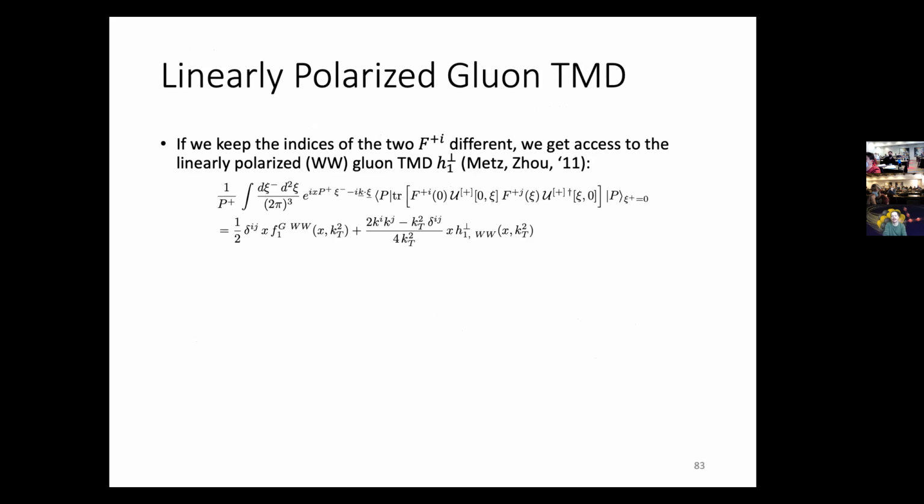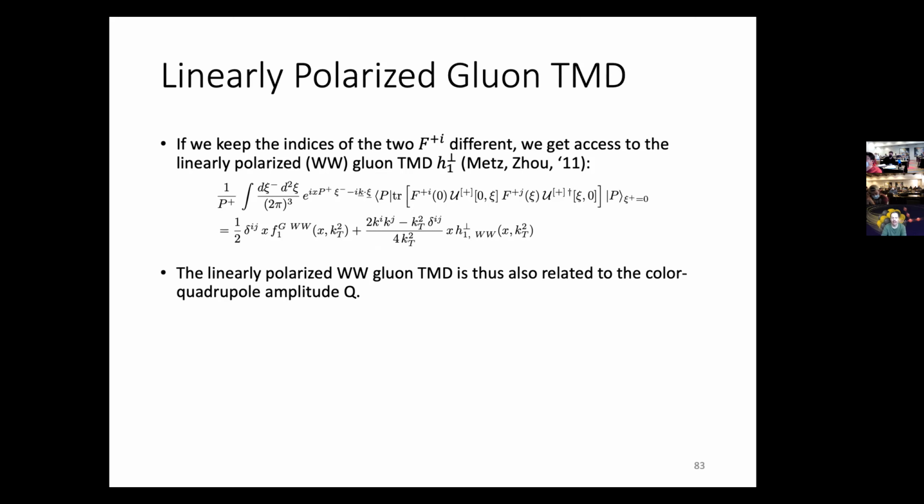Similarly, and it's another whole separate discussion, one can look at the linearly polarized gluon TMDs. So if you take F plus i, F plus j correlators, where i and j are now loose indices, then at the leading small x eikonal regime you can write this decomposition: the symmetric part of this correlator could be either delta ij or this structure, and this structure comes in with this h1 perp coefficient, the linearly polarized gluon